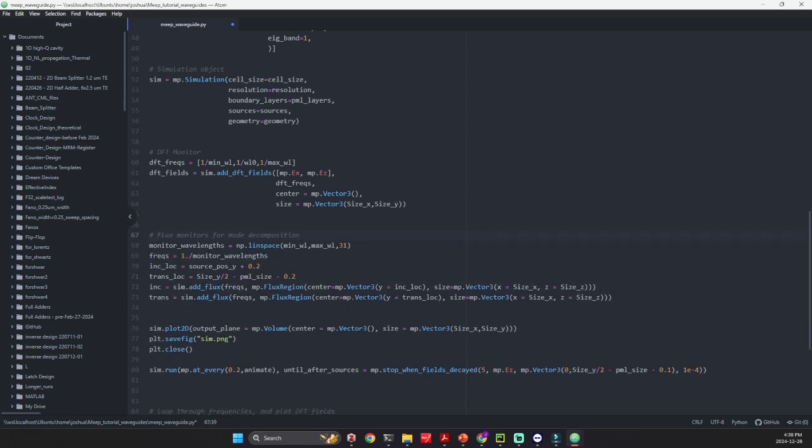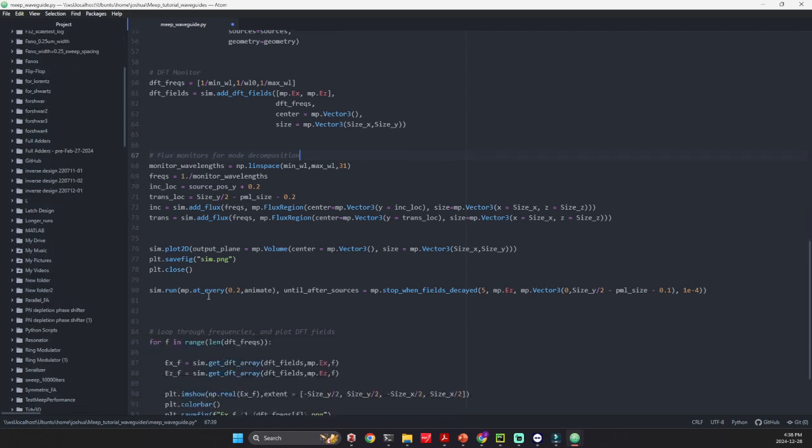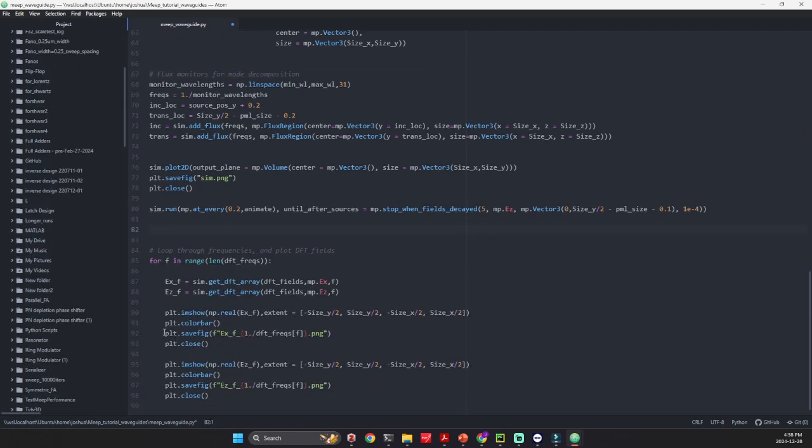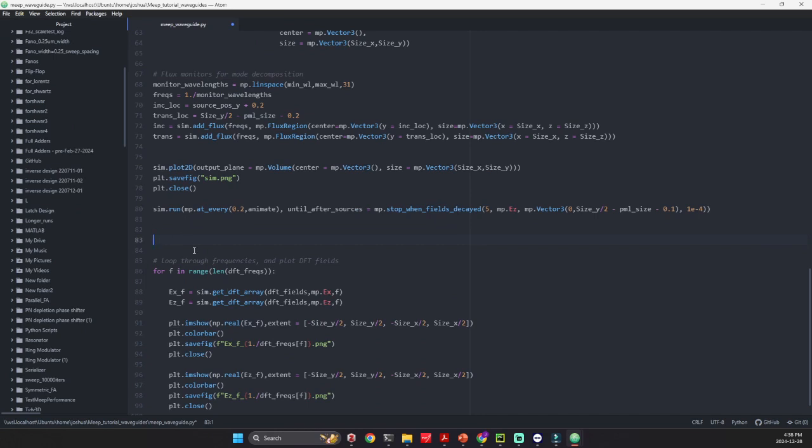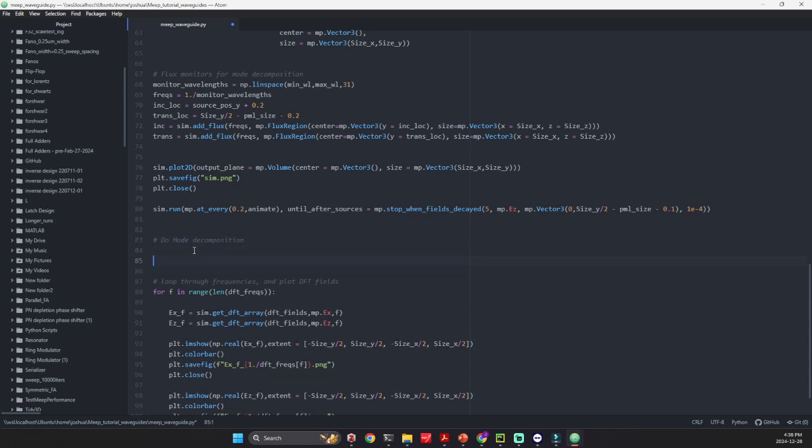Okay, so now we have our flux monitors. Now we need to do the mode decomposition. So the simulation finishes, and here I'm going to do mode decomposition. This is where things might get a little messy, but that's okay. I'm going to copy and paste the code from off screen. So first we're going to